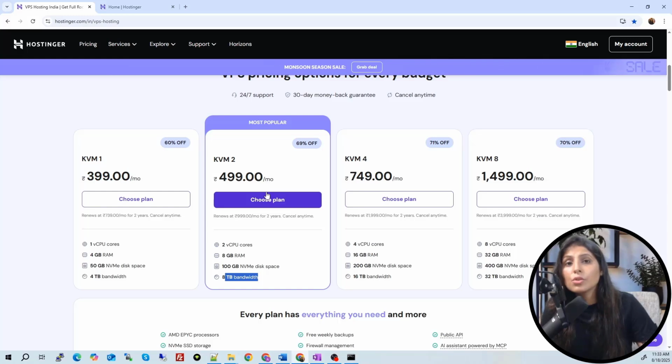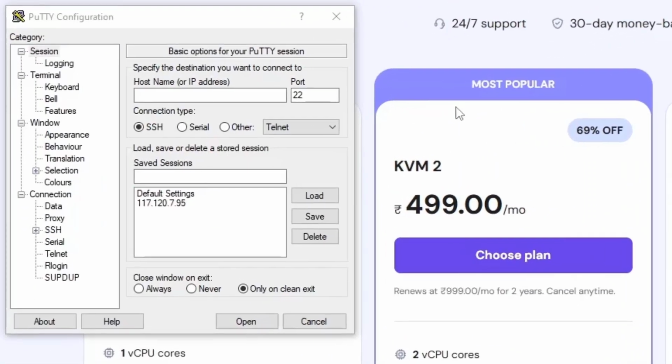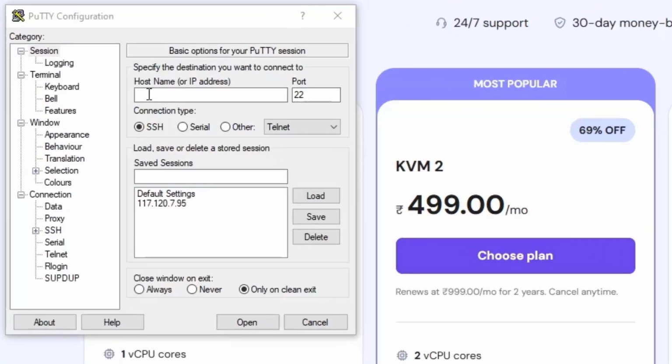So guys, to use your VPS, you first need to log in. For that, we are using PuTTY. PuTTY is free software. You can download and install it on your PC. Once you install it, you just write PuTTY over here and you'll see this kind of app. Just click on it, and then here you write the IP address of your VPS, the IP address of your remote machine. You get this IP address once you purchase the service.